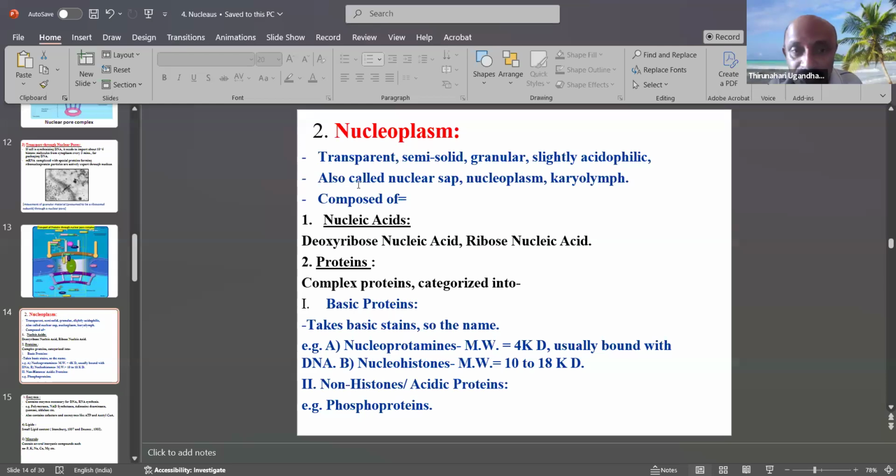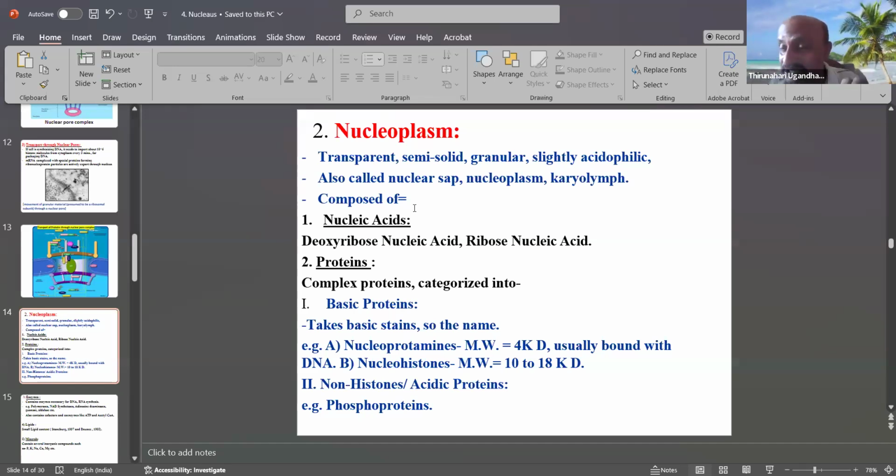It is also called the nuclear sap, or karyolymph. The nucleoplasm is composed of two parts, the first being nucleic acids. These nucleic acids are deoxyribonucleic acid and ribonucleic acid, DNA and RNA, both major